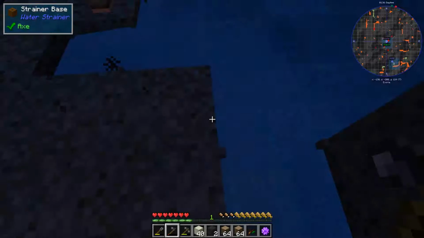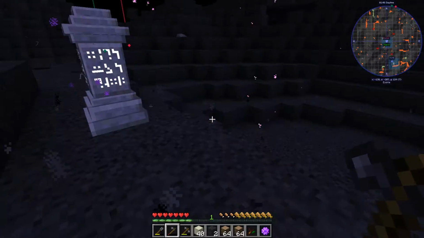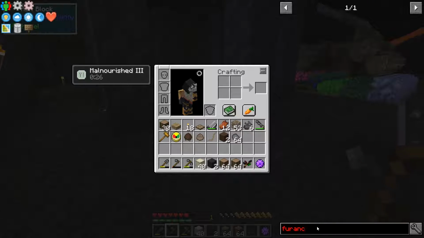We're going to need the rocks, so let's grab a bunch of rocks. We're not going to need that loam. There's the algae. I don't need that. Don't need sand or chalk. Nope. Okay, let's go back to the rune circle. Let's look at, okay, furnace,